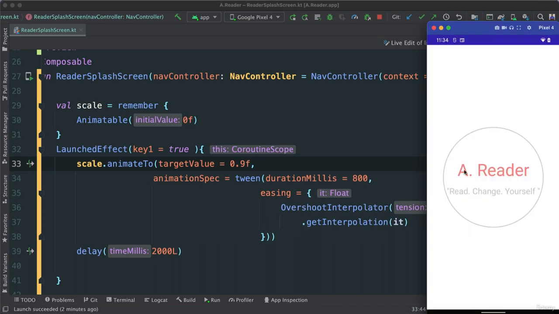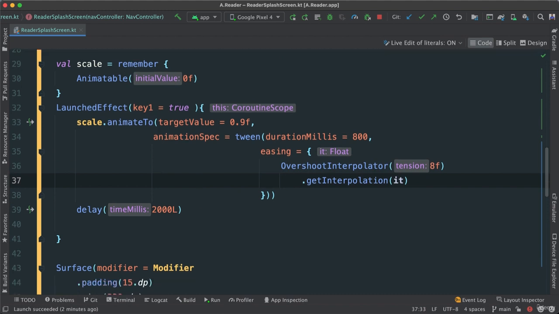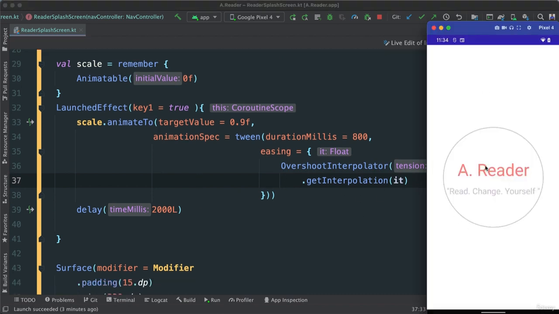So we have our animation working. That's delightful. Now let's see what we want to do next, as follows. The idea is that once this animation is over, we want to take the users to the login screen. Now, it depends, because at this point this may not make a lot of sense, but the idea